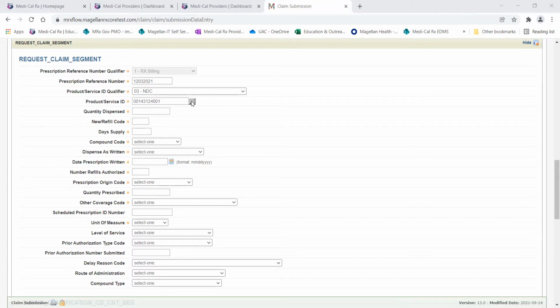Select the item ID and it will populate in the product/service ID field. Enter the quantity dispensed